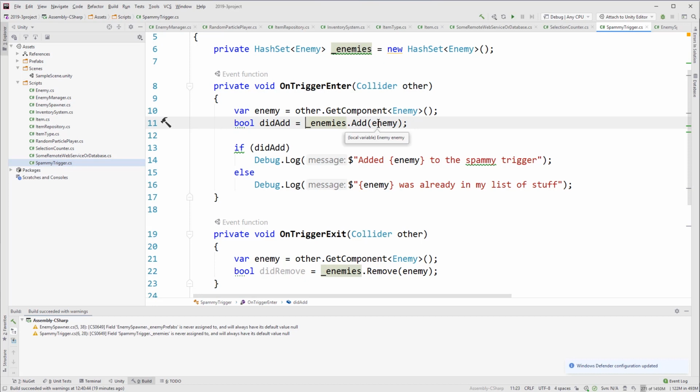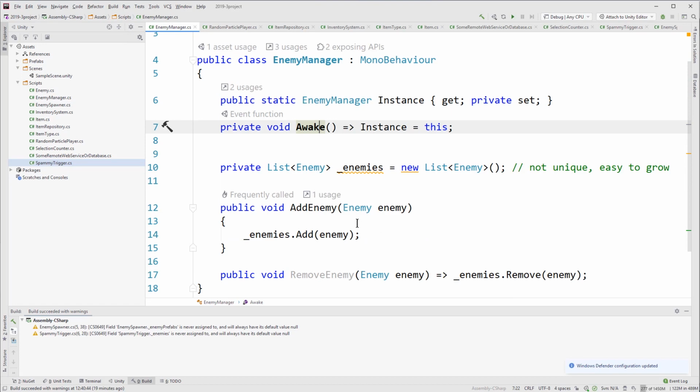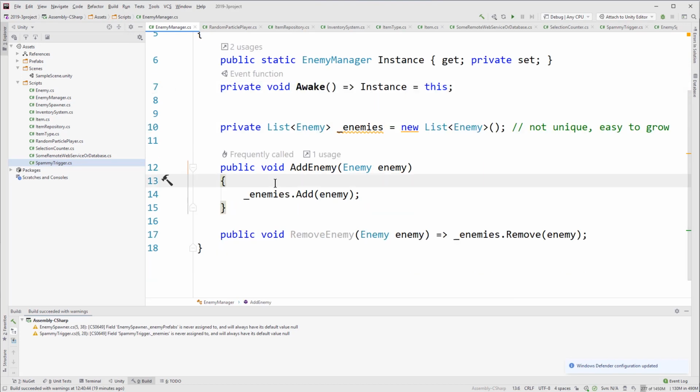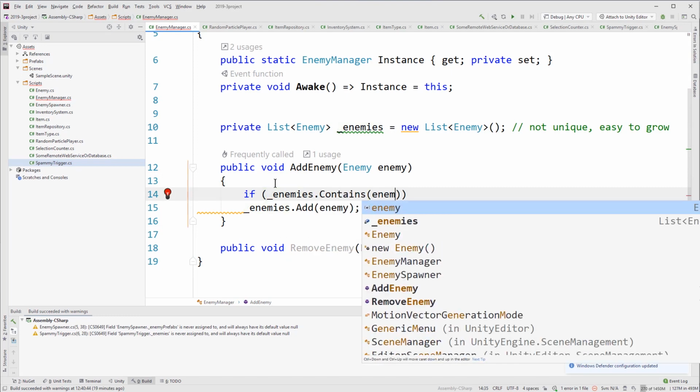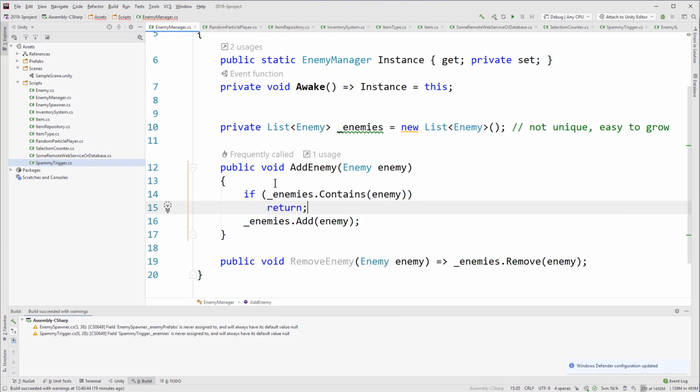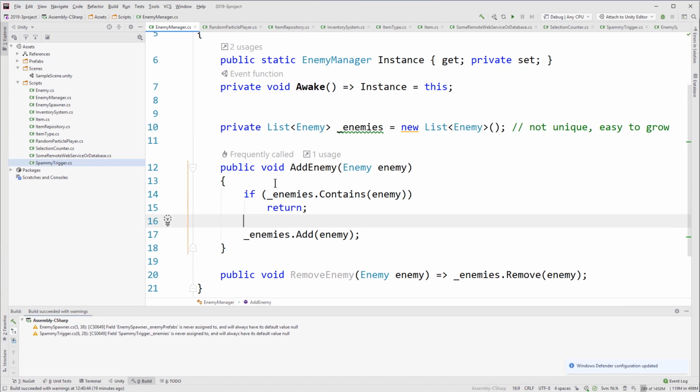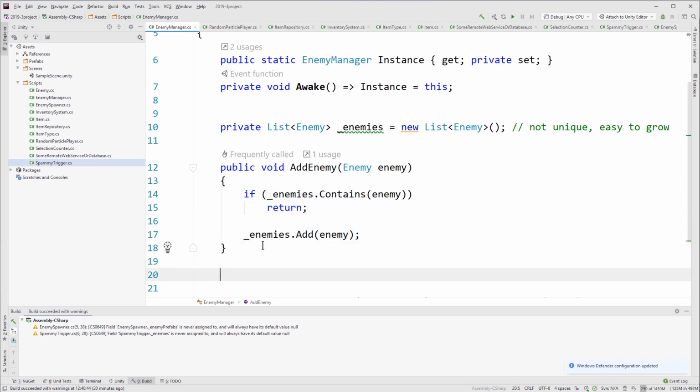So you might think, hey, I don't need to do this. I could just check with the other list in the other thing, like the entity manager or the enemy manager, right? I could just do a check and say, hey, if enemies.contains enemy, return. And yeah, I could do that. It would work. It's not quite as fast, but it also has the downside of,